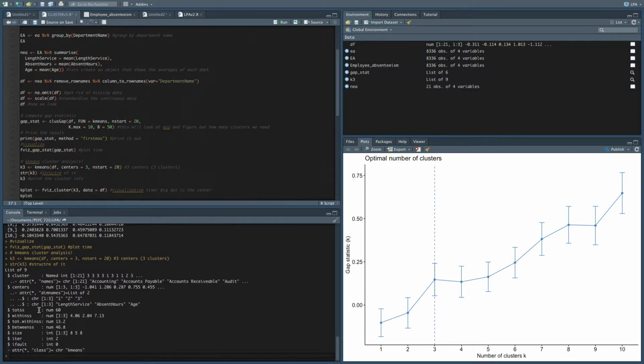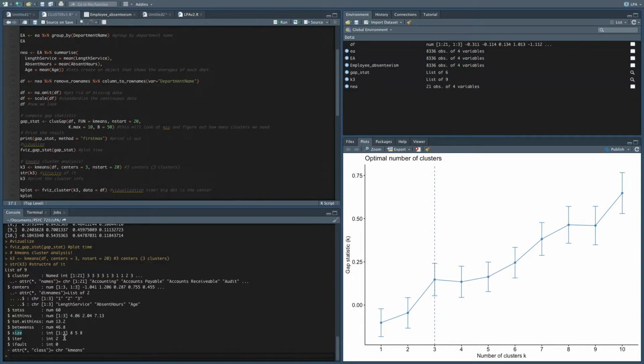We have our total sum of squares, which is 60, within sum of squares corresponding with the 3 groups, 4.06, 2.04, and 7.13. The total within sum of squares is 13.2, between sum of squares 46.8. The size of each group, which is 8, 5, and 8,